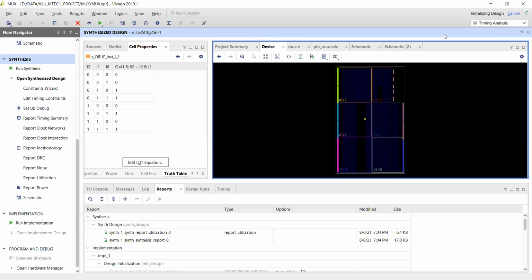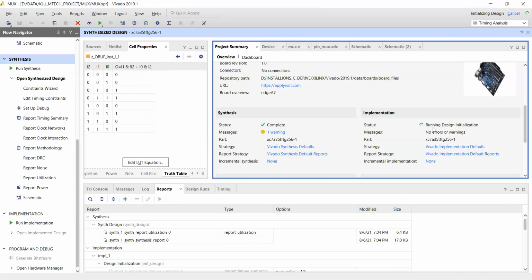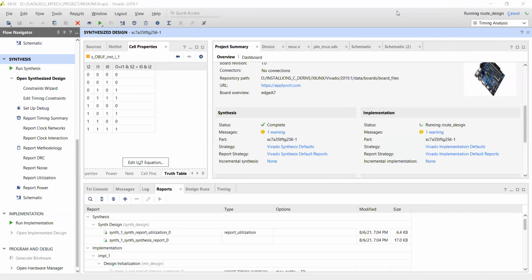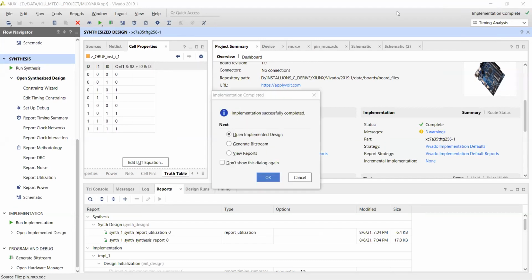First of all, it is initializing the design. You can see in the top, or otherwise in the summary, running: design initialization, then optimization, then place and route. So the implementation is also completed.